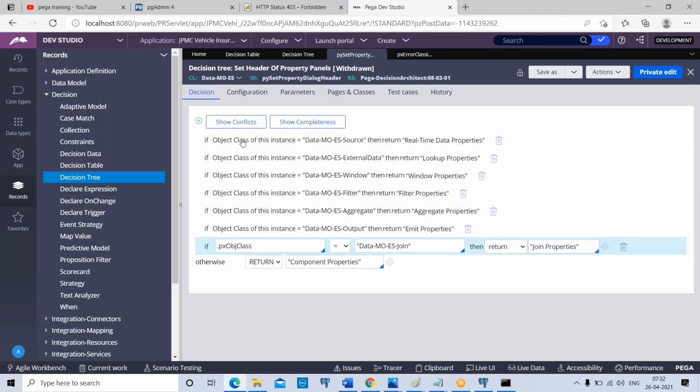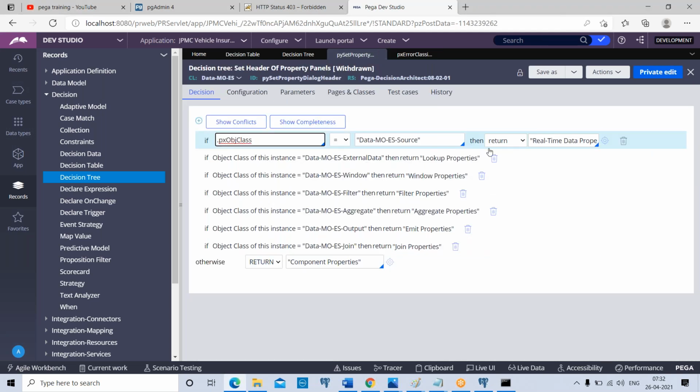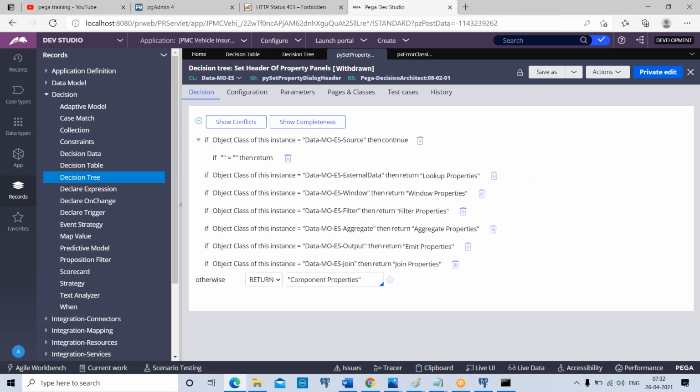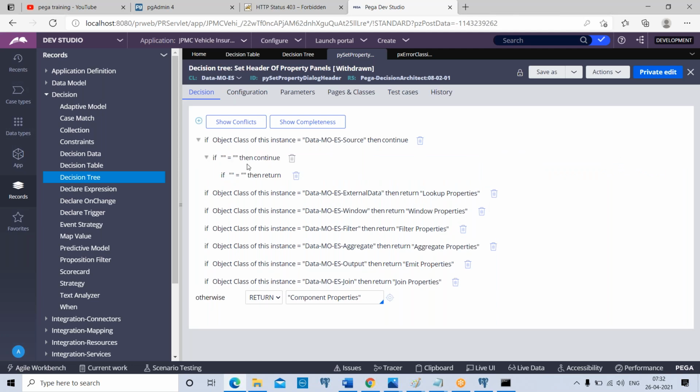Now coming to decision tree, you can see I have added a condition here. In the return drop-down you have continue, otherwise. I can go ahead and choose continue. So here you choose continue, and you can add one more condition. Again you choose continue, and you can add one more condition. Nested if conditions can be written. Finally, at a certain point you will be returning the value. If the condition is satisfied, it comes inside, and if the inside condition is satisfied, it goes inside to another if condition. Nested if conditions can be written using decision tree. Everyone clear with this point?